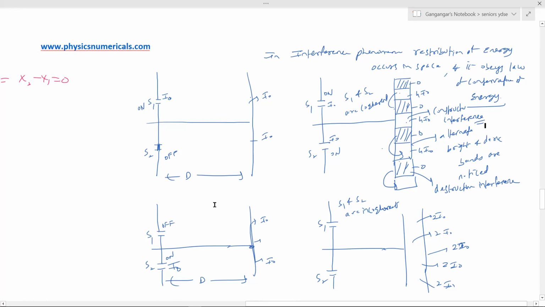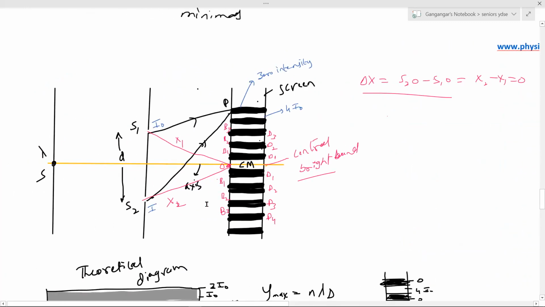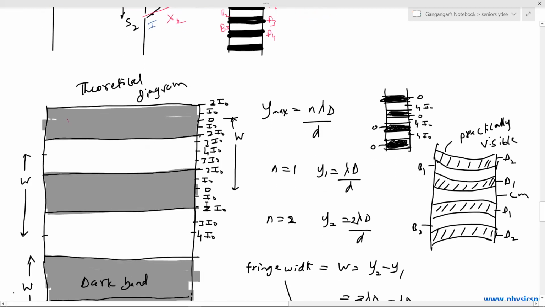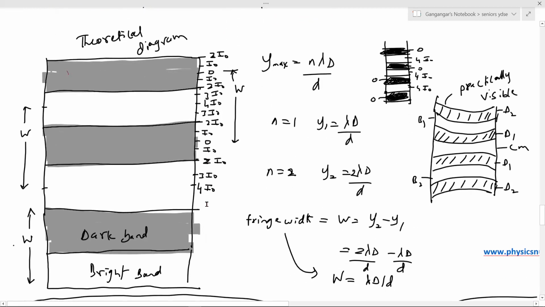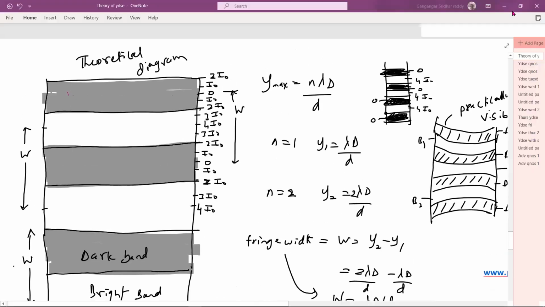So this is about the YDSE basics. Let me take you back. Why alternate bright and dark bands on the screen? Because of the interference phenomena. Now, will the intensity be 4 I naught and I naught only? The answer is no. Where will the intensity be 4 I naught? At the midpoint of,